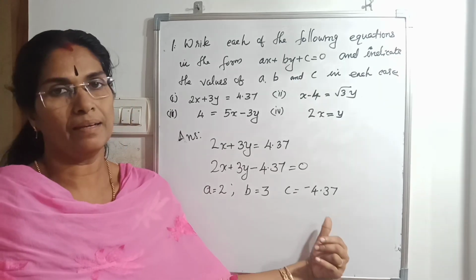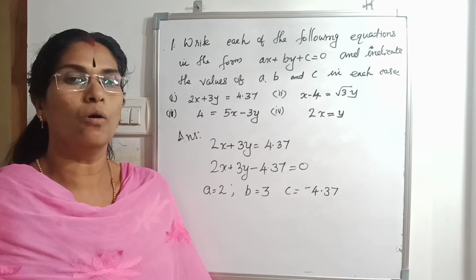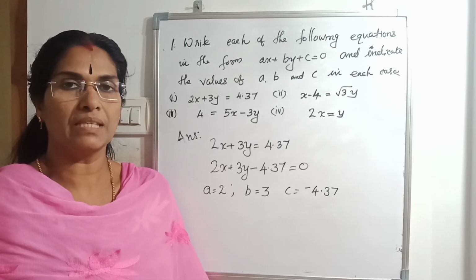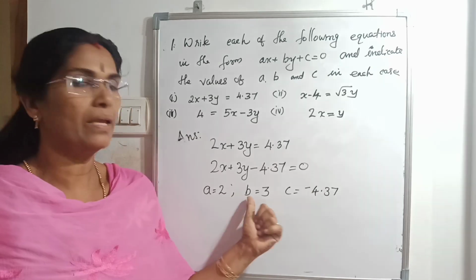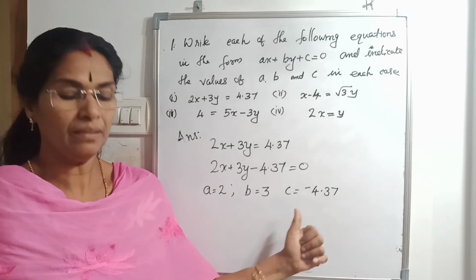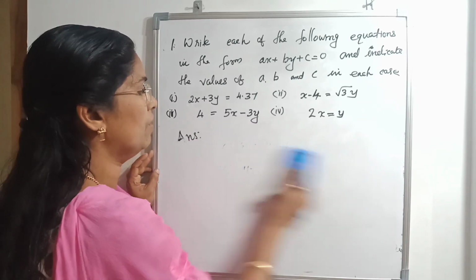These are the 3 values, a, b and c. Okay, first you have to make the equation in the general form, ax plus by plus c equal to 0. After that, you have to find the values of a, b and c. Okay, we can do the second one now. The second one,